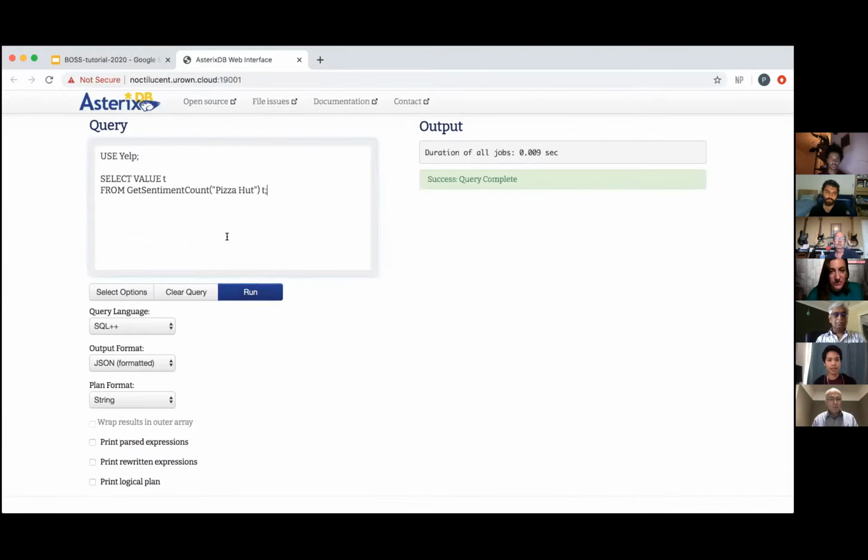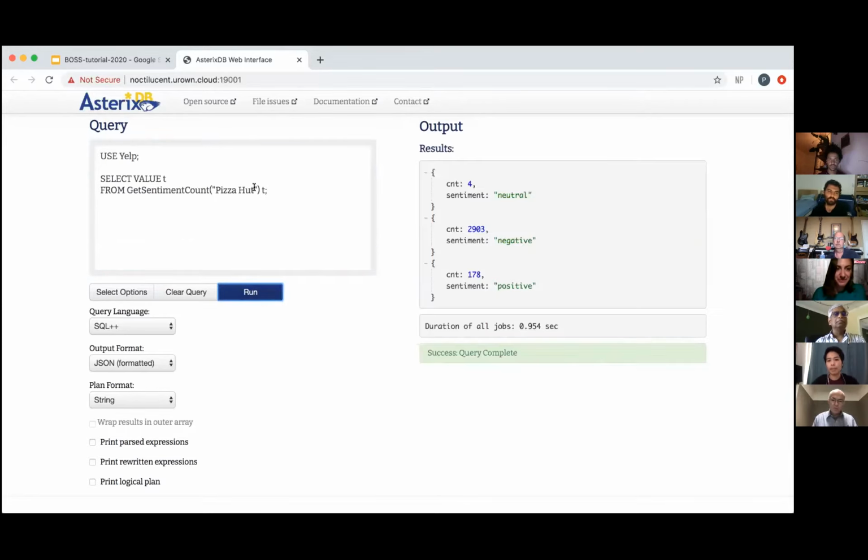So running that. And now what I can do is select value from my get sentiment count function, given the name Pizza Hut. So this will get me basically the overall count of each of the sentiment types that the model produces for Pizza Hut. So you can see that the model thinks the majority of the reviews fall in the negative category,